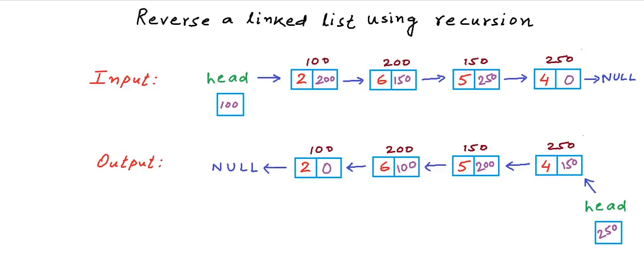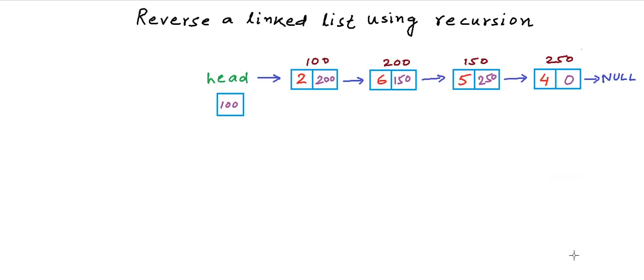We have already seen how we can reverse a linked list using the iterative method in one of our previous lessons. Let us now see how we can solve this problem using recursion. In our solution, we must reverse the list by adjusting the links, by reversing the links, not by moving around data or something. So let us first understand the logic that we can use in our recursive approach.